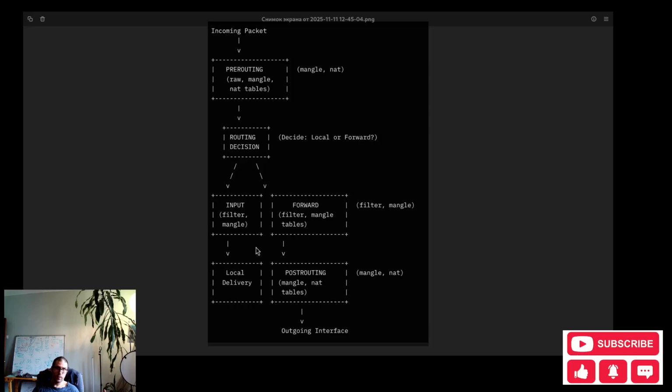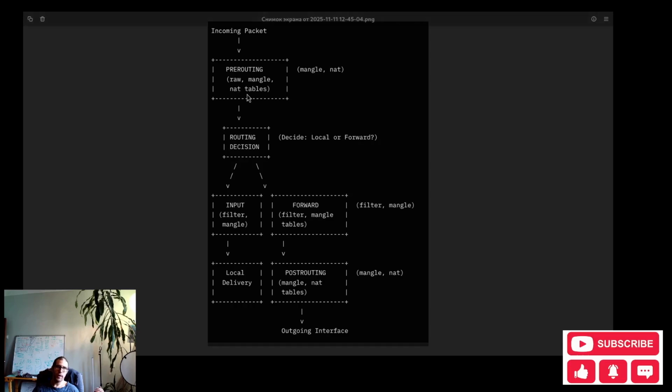So, what is happening? These chains define somehow like a road of how the packet travels, and these tables define the rules for what you want to do with this packet.